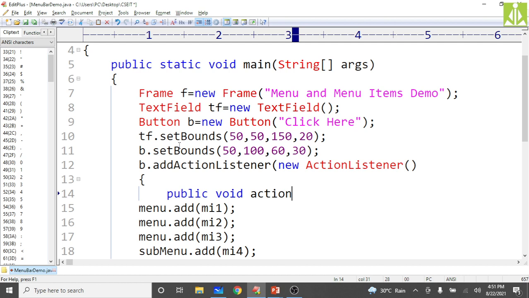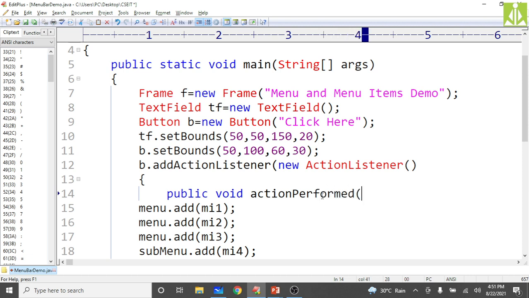When you click on that button, it will catch that event. The action listener will catch that event, and when it is catching that event, this actionPerformed method will perform the necessary action. What action you want to perform, you have to put inside this